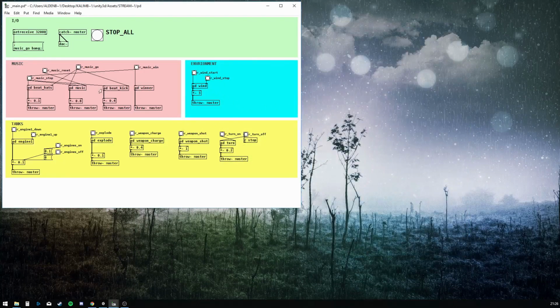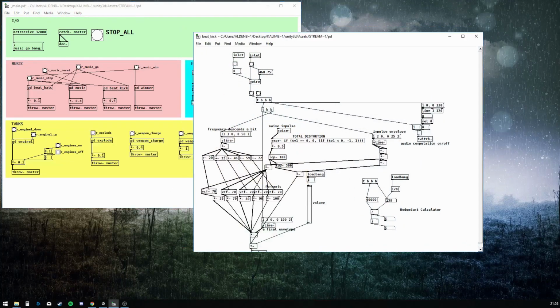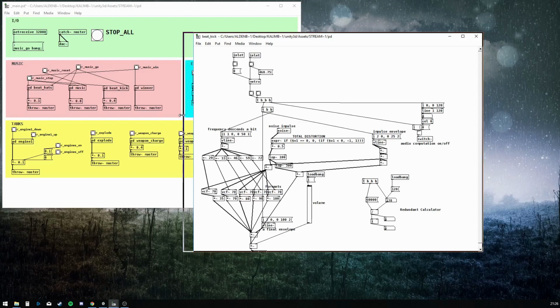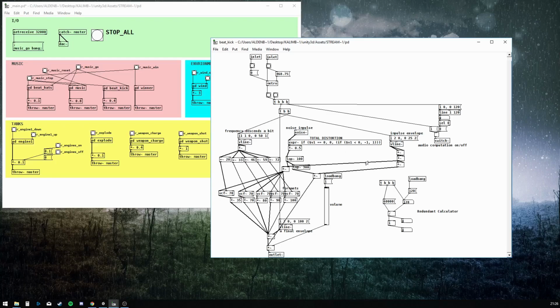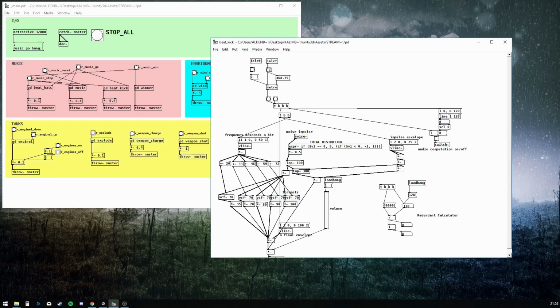Let's go then down to our beat kick. Similar thing again here, except that the behavior of this patch is sort of unique. We have a little bit of humanization going on in the behavior that's been added to it. If we go into here and we play it on its own, so you can hear